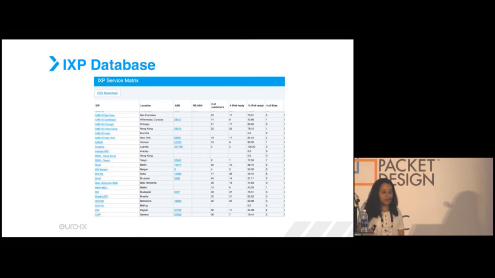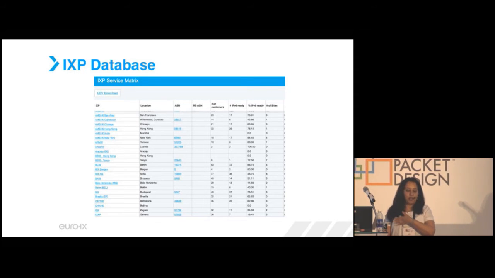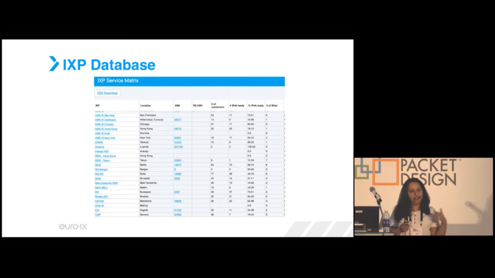Another one of the great tools we have is the IXP service matrix. What this does is allow you to have a quick snapshot of the IXP environment. You can see the different Internet Exchange Points and what services they provide. So rather than having to log on to all the different exchange points individually and see what they're doing, you can just go to one place and see listed what their ASNs are, whether they do jumbo frames, whether they have a reseller, and various other information in that list.